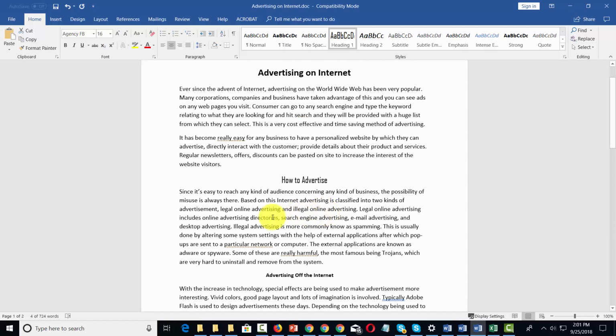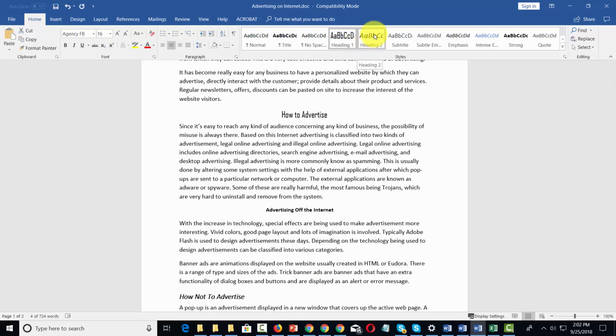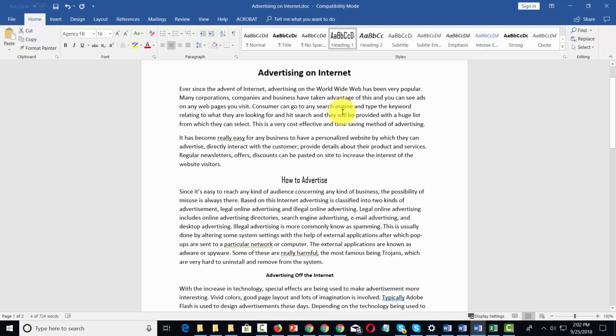Now typically if you are creating a manuscript, you can use the title button for all of your titles. You can use your heading as the first heading or the first level of headings, and you can use the heading 2 button as the subheading. And this will help you especially when you are putting together a table of contents for your